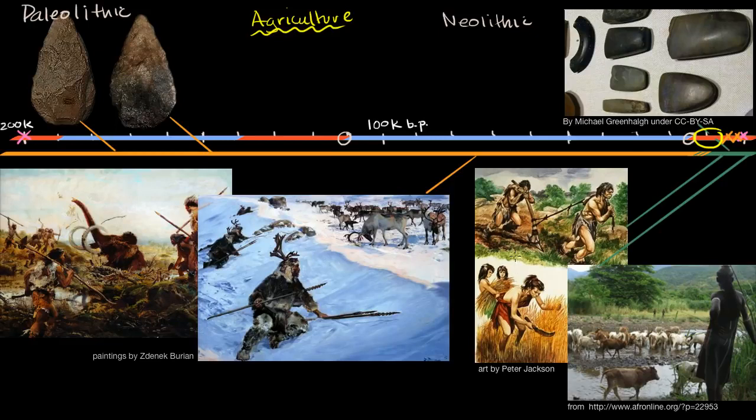We also started to domesticate plants. Instead of saying, okay, let's just gather those berries there where it happens to emerge, let's actually start to plant things and in a very predictable way be able to harvest them and so have a more predictable food supply. Both of these things allowed human beings to have a higher population density, to start to settle down, to have a more sedentary life. And this is a huge, huge, huge deal.